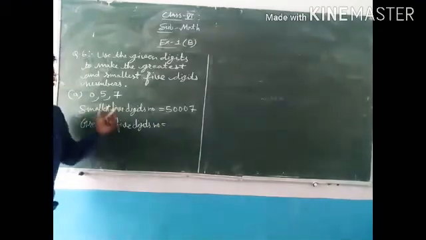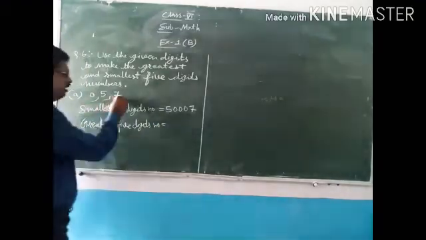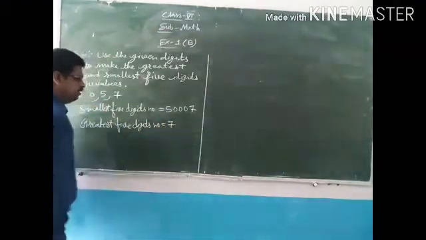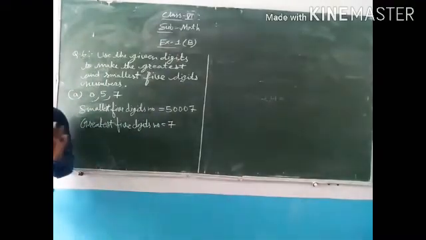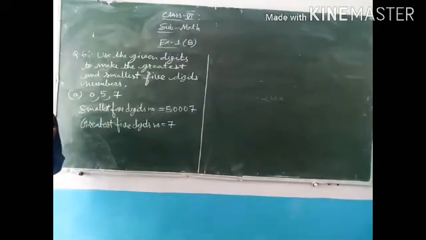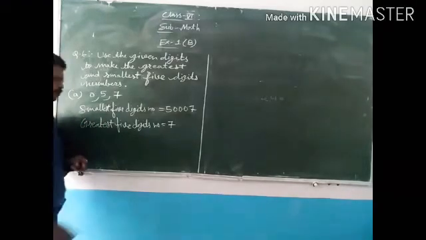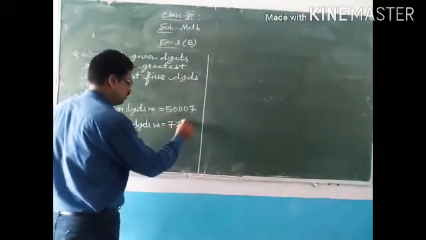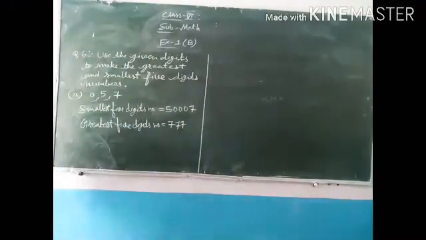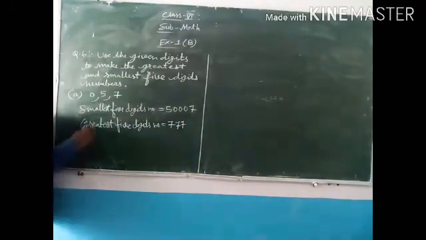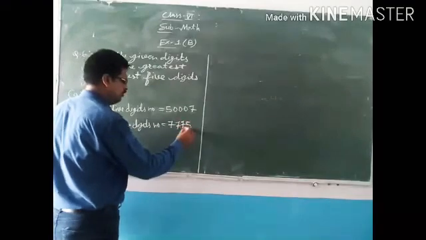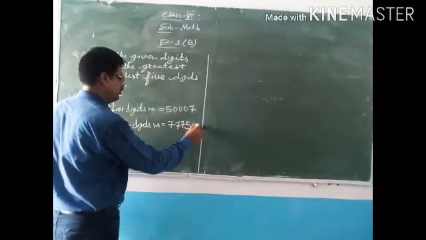So which is the greatest digit among this? The greatest digit is 7. Okay, and 5-digit number we have to make. So biggest digit we will repeat 2 times more. जो सबसे बड़ा digit है उसे हम 2 बार more repeat करेंगे, means 7, 7, 7. And then after the smaller than 7 is 5, and in the last 0.